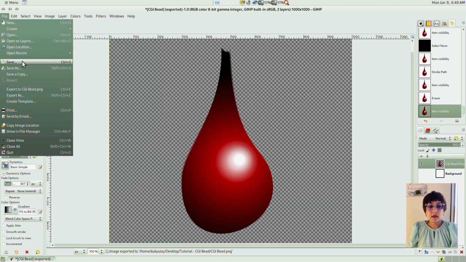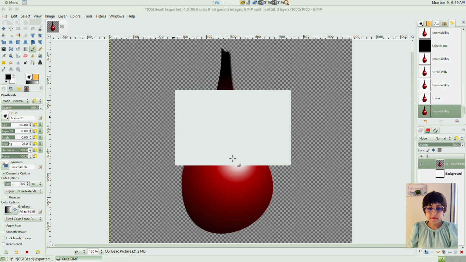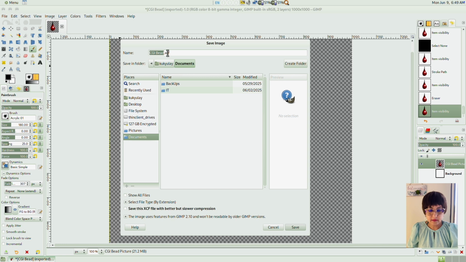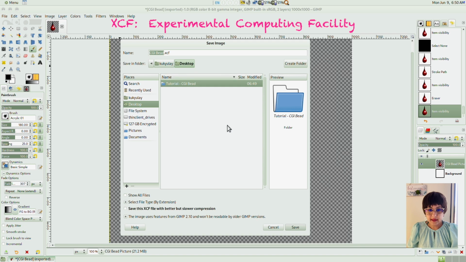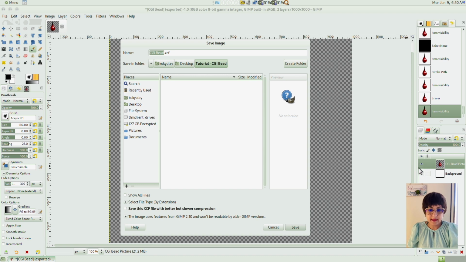And then I think I'm going to save the GIMP file, XCF format, so that if I wanted to modify the image, the tool paths and stuff, I wouldn't have to draw them all over again. They're saved in this XCF format. Save.